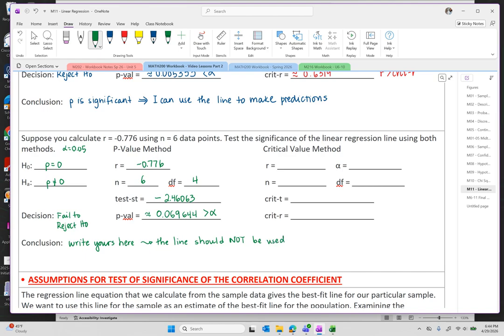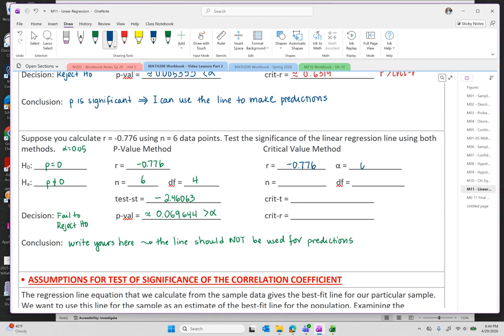Remember that Excel will give you the line, but you just did a test that indicates that it doesn't provide a good model to predict the one variable based on the other. The critical value method should also give you the same answers. The R is negative